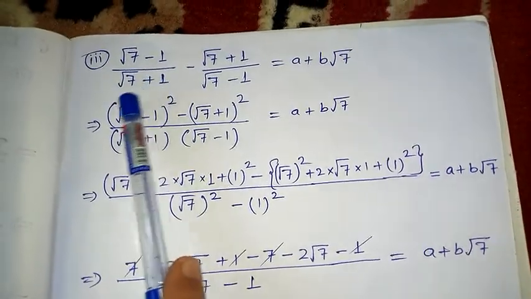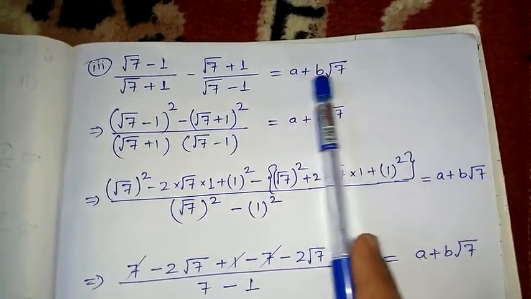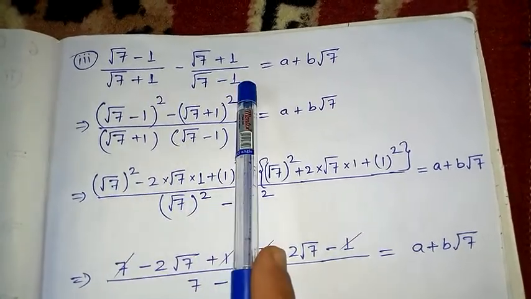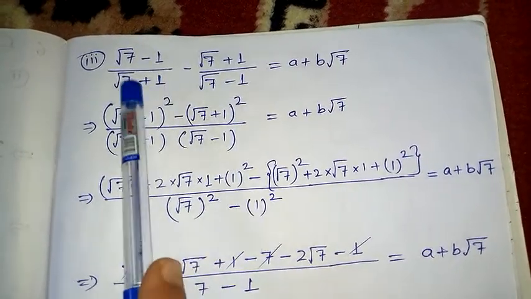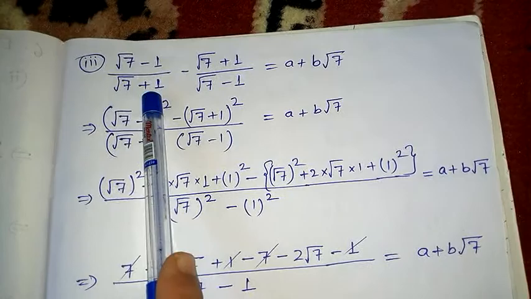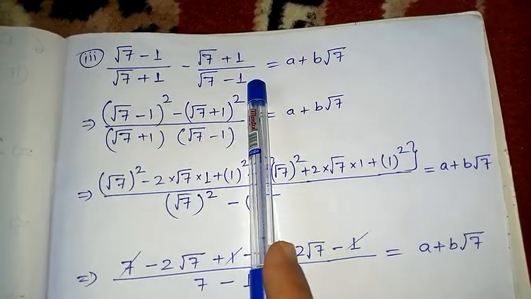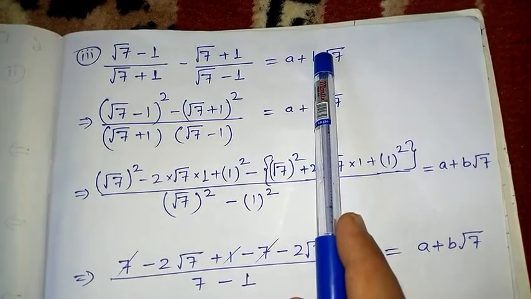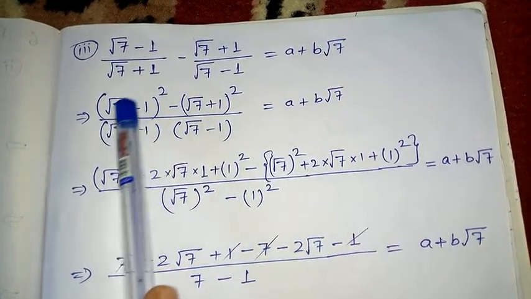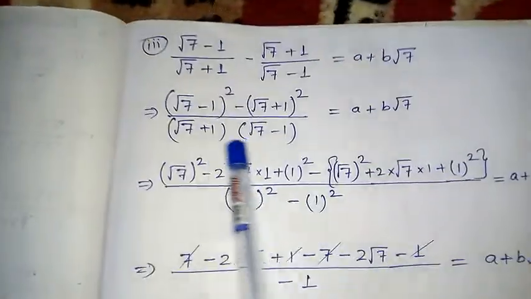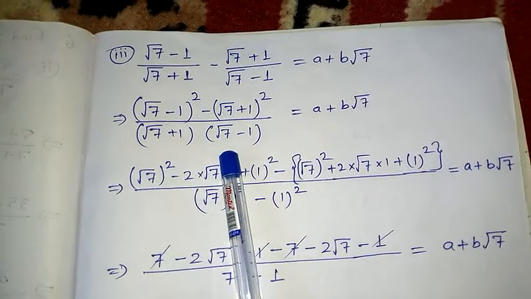Next, number 3. You can see, same kind of question, you have to find the value of a and b, but the very good thing here is that rationalizing partners I need not give from my part. It is in the question itself, because 7 plus root 7 plus 1, root 7 minus 1, they are rationalizing partners, so I need not multiply from my own way, but I can do LCM now. So I did LCM. Different from the previous question, here I am giving the partner, here no need. So you have to see the question very carefully.